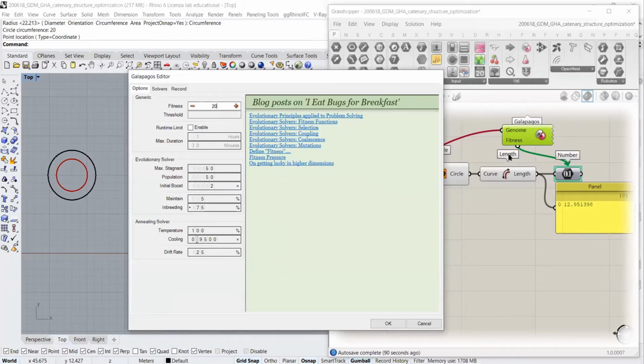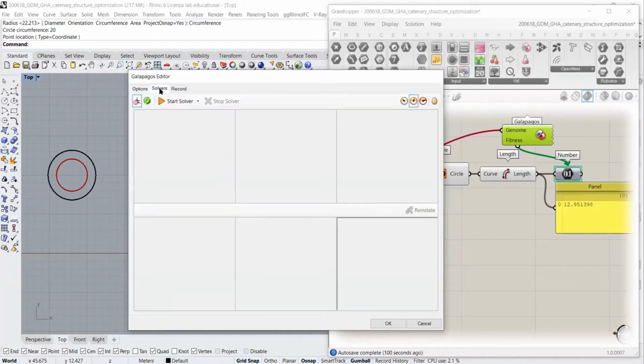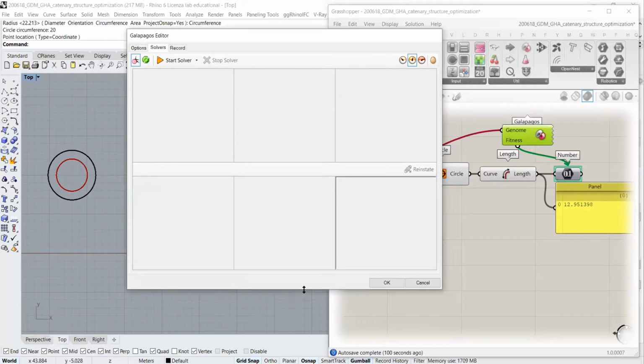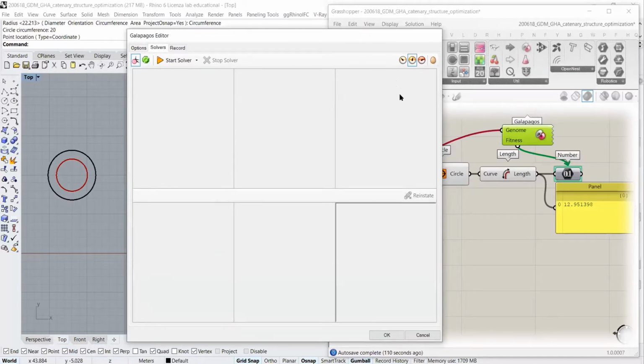So you want the fitness to be 20 because this was the value that we wanted to get. Okay, so then you switch to solvers, which is the part where Galapagos calculates the results. And I do recommend that, if you are not running very complex simulations, you display